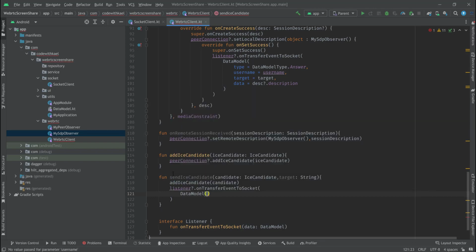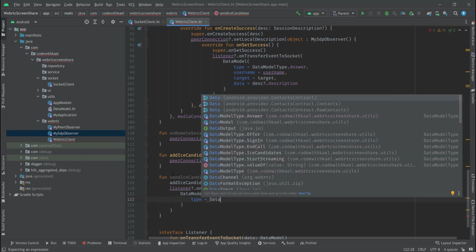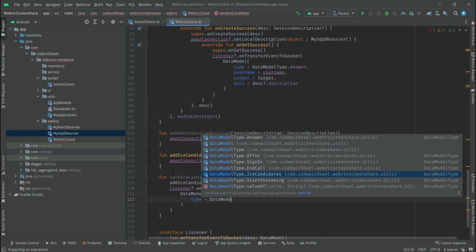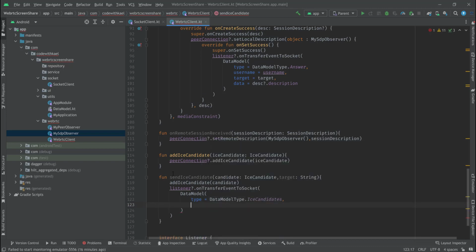So I'll create a data model with type of data model type ICE candidate. The username is username, target is target, and the data is going to be the candidate, but we wanted to wrap it as a JSON